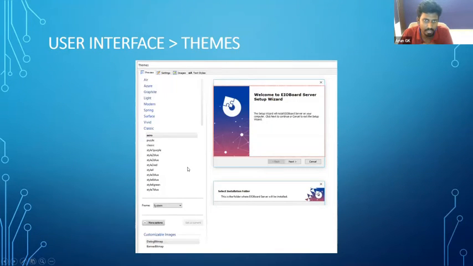Then this is the user interface of that Advanced Installer. We have many different themes. Currently, we are using the default one. Like this, you can change whatever theme you want. And here we have the dialog, two customizable images. You can add a company logo here. Like this, you can change the theme of the background, the header banner like that. This one is the dialog bitmap, the top image. This one is the banner bitmap. You can change this according to your product logo or company logo like that.